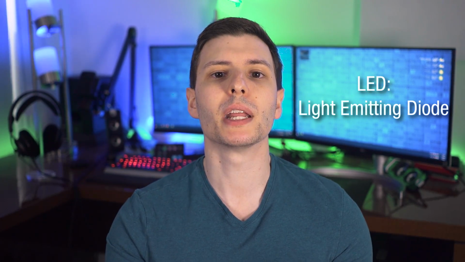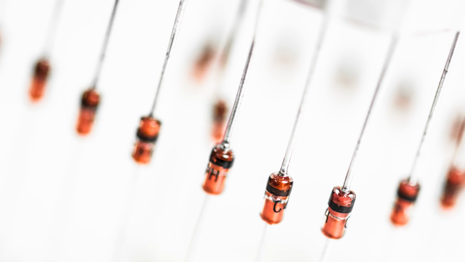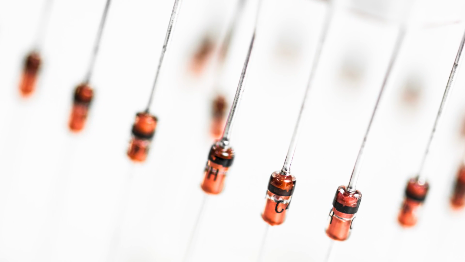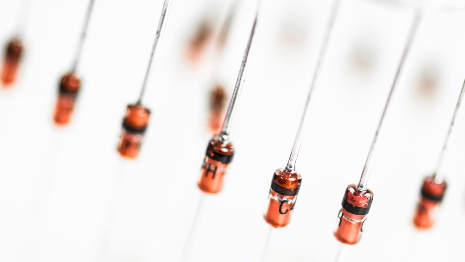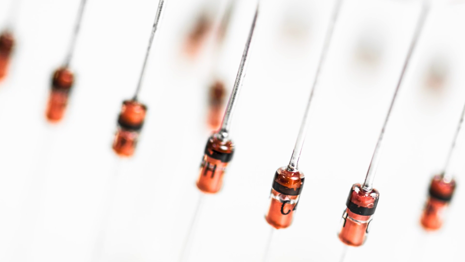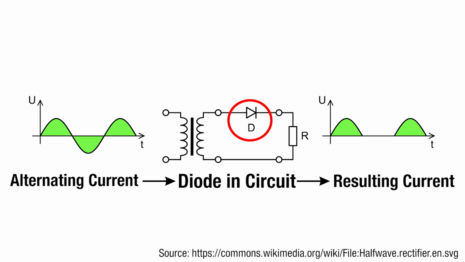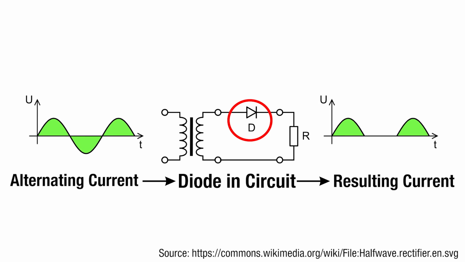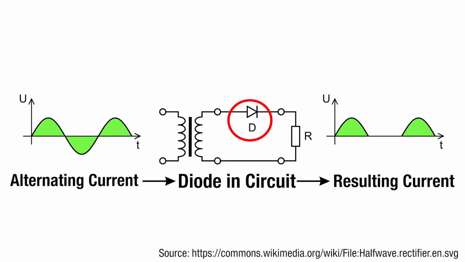But to really understand what's going on with OLED, first we need to know about regular LEDs, or light-emitting diodes. A diode is an electrical component that mostly just allows electrical current to pass through it in one direction, or in more scientific terms, it has low resistance in one direction and high resistance in the other. This is useful for converting alternating current to DC current, for example, because it effectively cuts off or blocks half of the waveform when it reverses, but that's all beyond the point of this video.